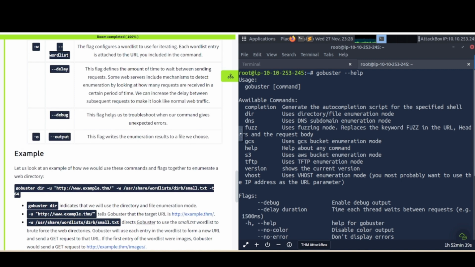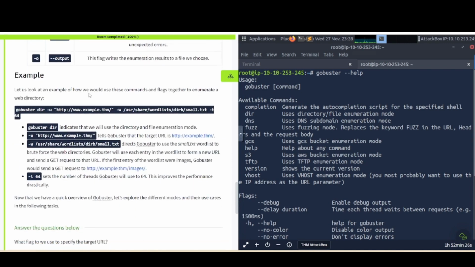--debug. This flag helps us troubleshoot our command when it gives unexpected errors. -o or --output. This flag writes the enumeration results to a file we choose. Example. Let's look at an example of how we would use these commands and flags together to enumerate a web